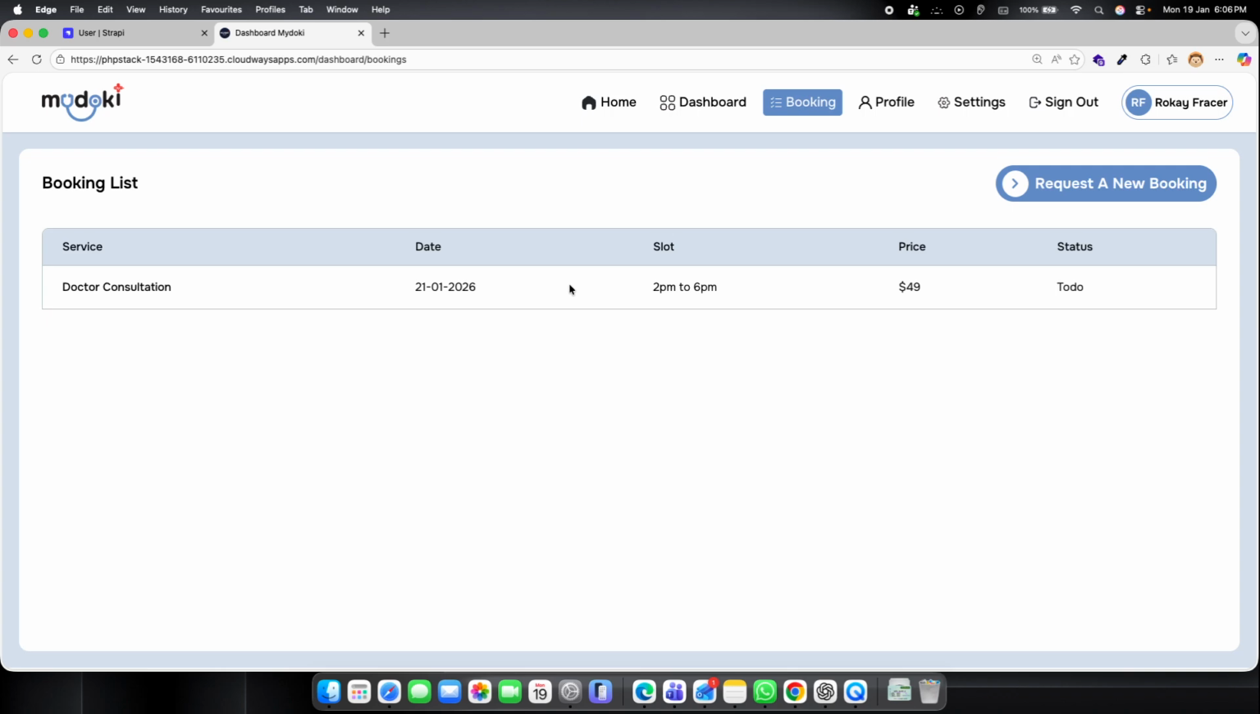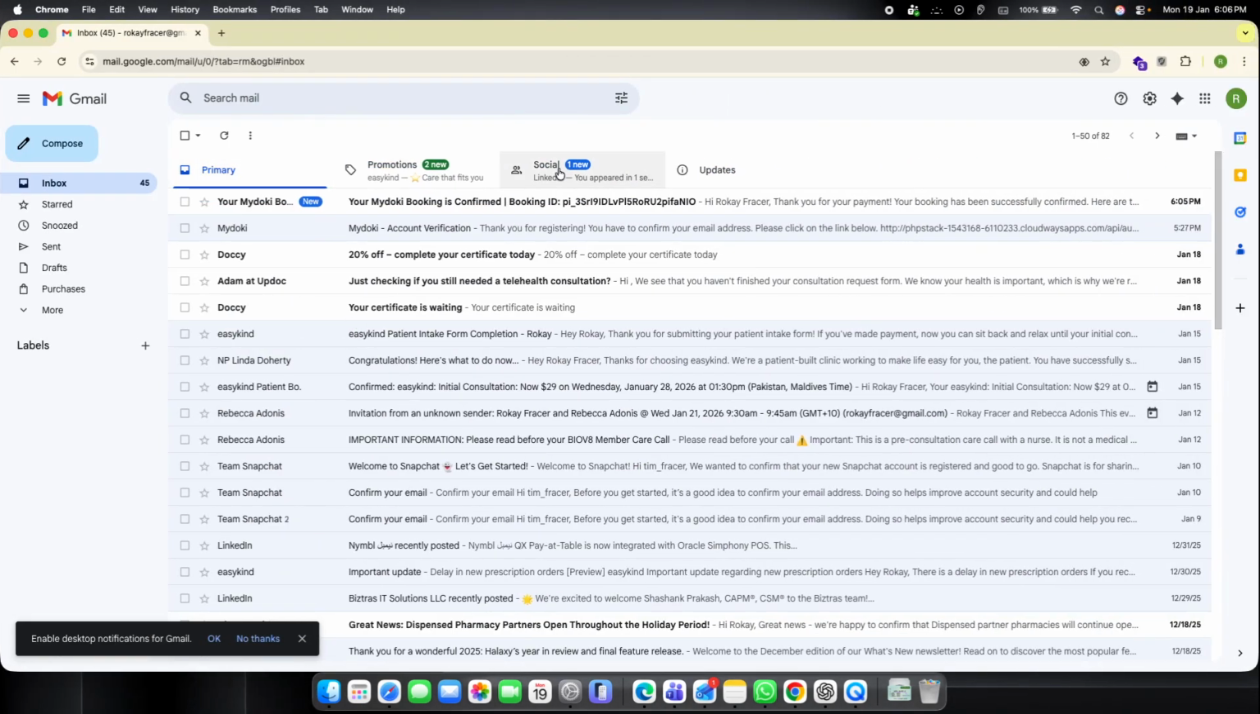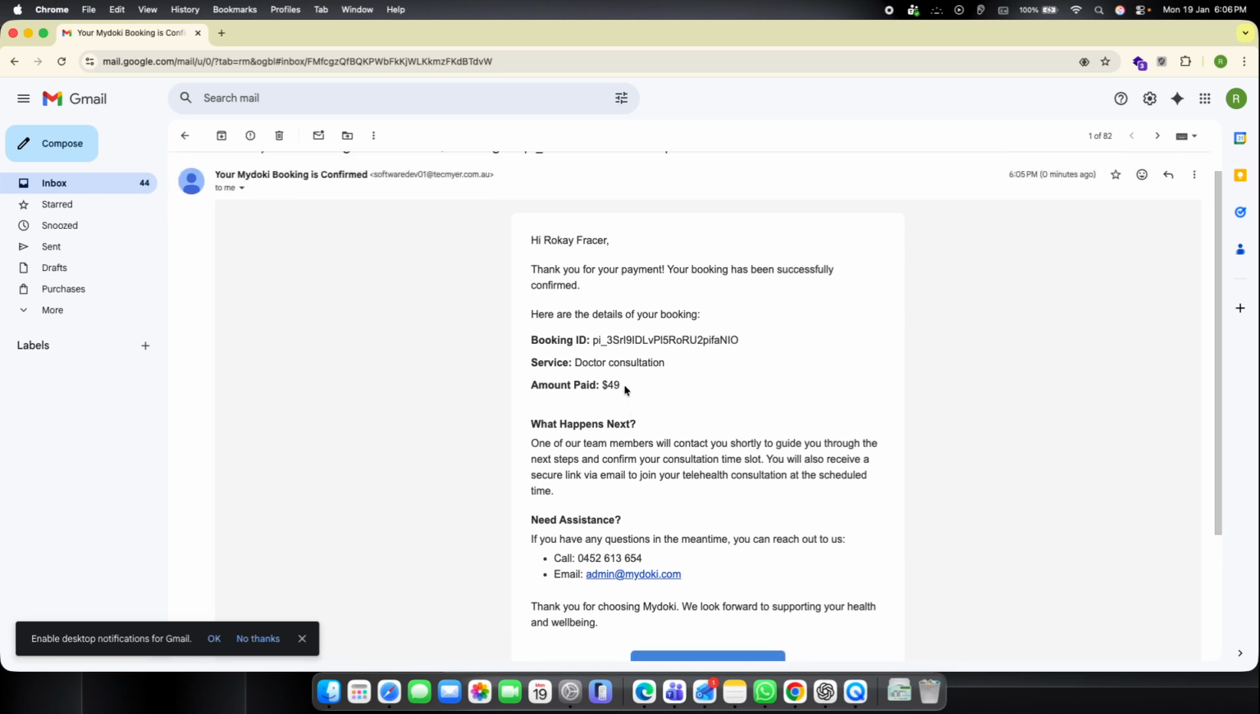At this moment, the patient or customer will receive an email, and an admin will also receive an email. Let's see how a patient will receive an email. That is the patient account that I used. That's the email the patient will receive. And here: your MyDoki booking is confirmed. That's the booking ID and that's the email. Here it is booking ID, service, amount paid, and some initial